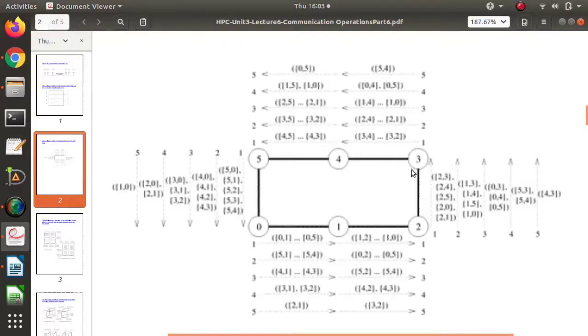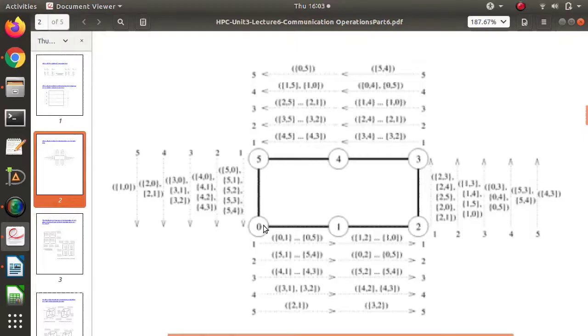So what 3 node will do? It will keep 03 with itself and the remaining messages 04 and 05, it will send to 4. Now see, 04 is meant for 4 only. So what fourth node will do? What is remaining? 05. So 05 it will send to the fifth node. Okay, likewise. So in 5 steps, all this communication is done. In this way, these messages are sent to all the other nodes.